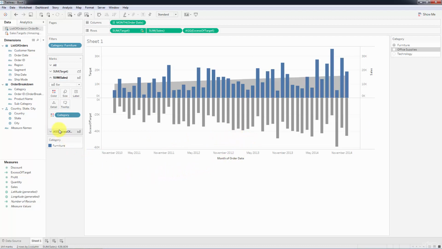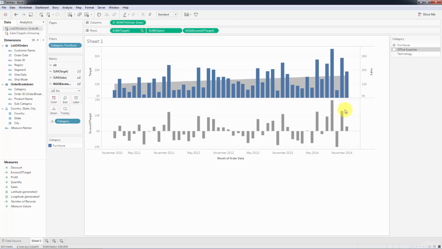Now if we go to the control for excess of target, as you can see here in this whole view for this new field, there is no category whatsoever except for in the filter. And that means that category is not being considered as a level of granularity for this specific chart, the one at the bottom. So we need to fix that, and we're going to do that by taking category and just dragging it into detail. Right away, you can see that the chart has been corrected,